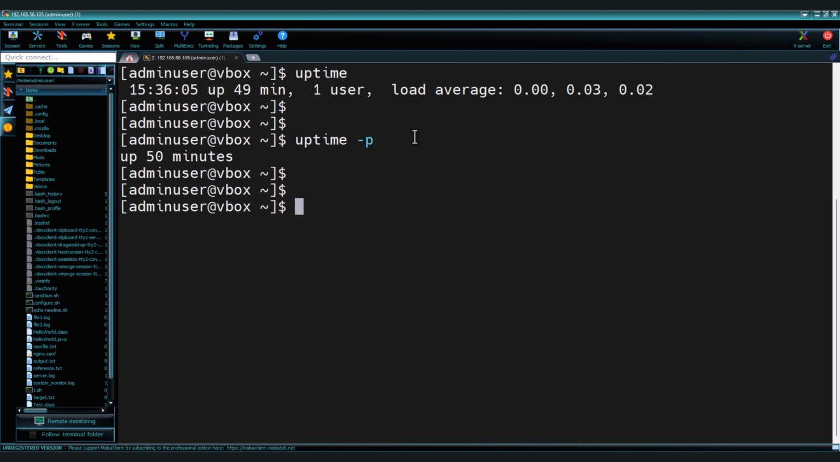Next option is -s. This is another useful option which shows the exact start time of the system when it was last booted. It shows the date and the time. This tells you exactly when the system was last rebooted, which is useful for troubleshooting or checking the status of a